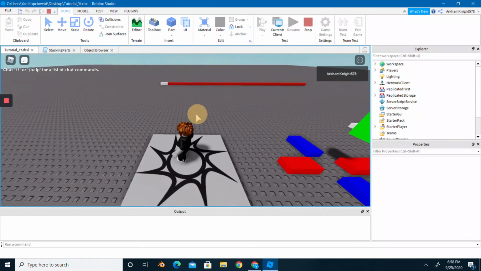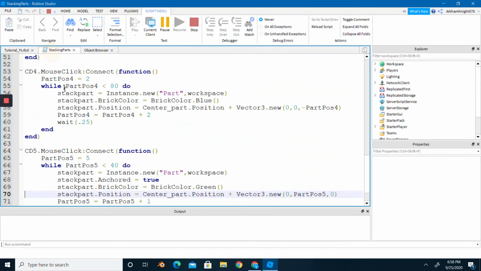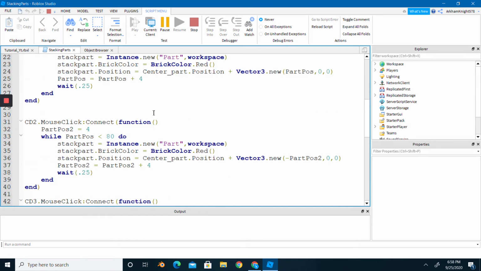And why isn't this working? I do not know. Let me check. It should have done it, but